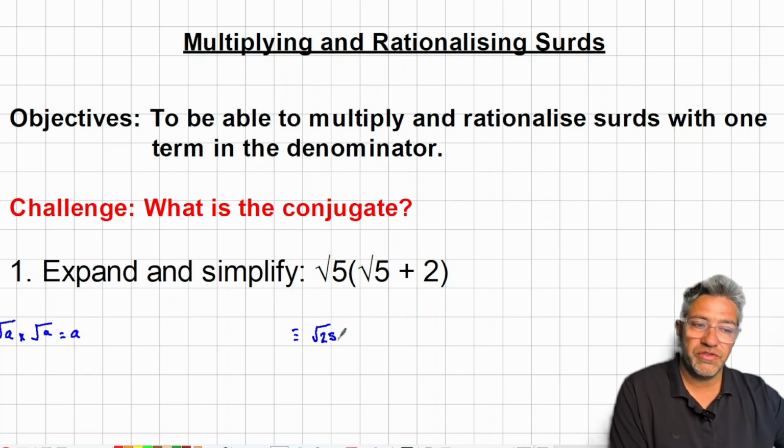Root 5 times root 5 gives me root 25. Root 5 times 2 gives me plus 2 root 5. So what we're left with, very straightforward, this first question, square root of 25 is 5 plus 2